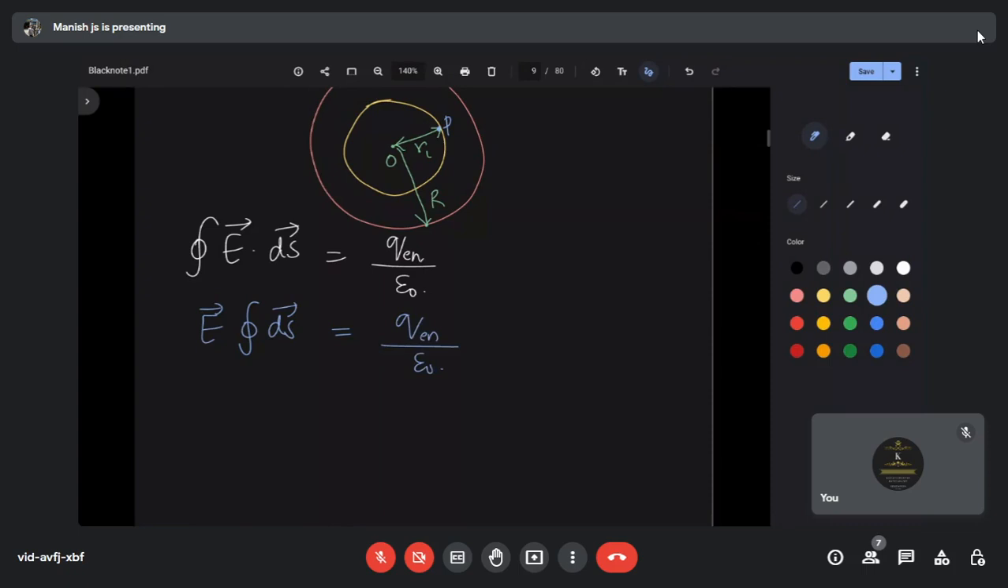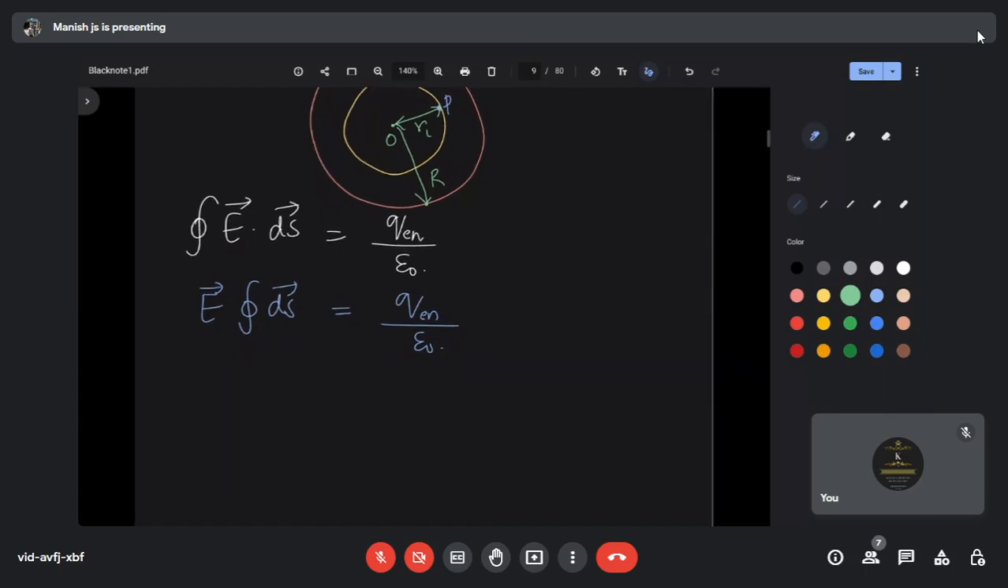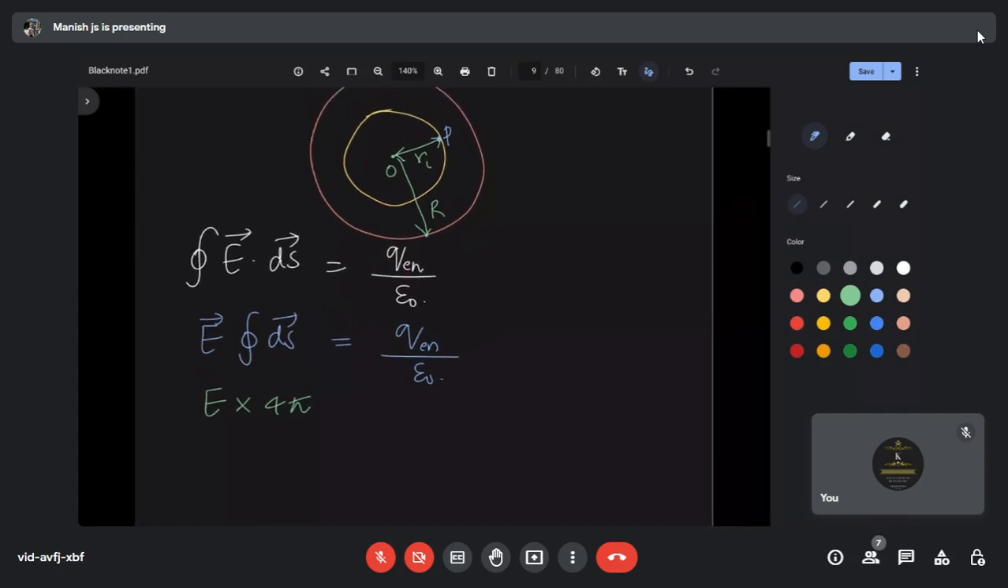Closed integral of ds, what does it mean? Sir, the complete surface area. Yes, the closed surface area of a sphere. You have already studied this in 10th standard. What is the formula? It is 4 pi r square, correct. So electric field E into 4 pi capital R square or small r1 square? Capital R square, sir. Wrong, it is small r1 square. We wish to find out with respect to P, not the outer surface. It is at point P, so with respect to the center it is going to be small r1 square. So 4 pi small r1 square is equal to,